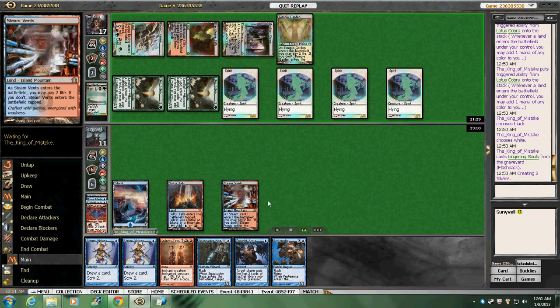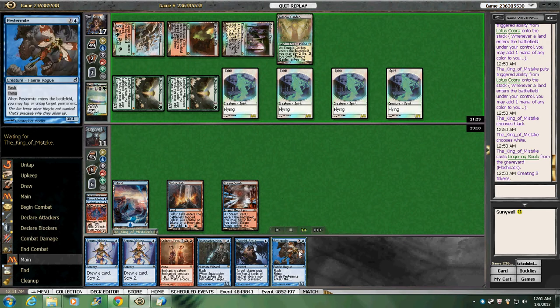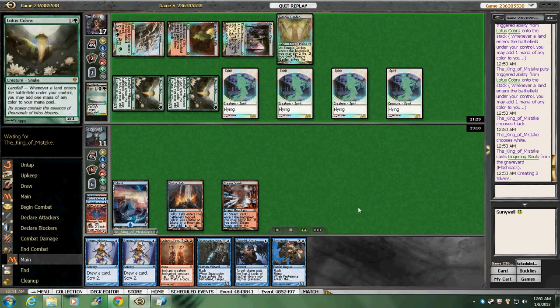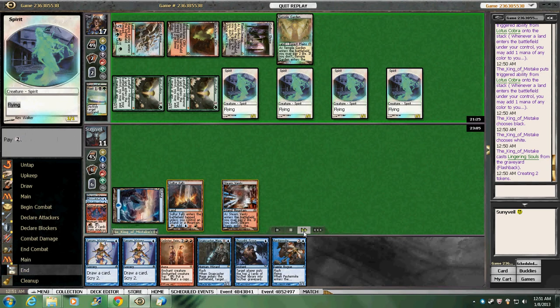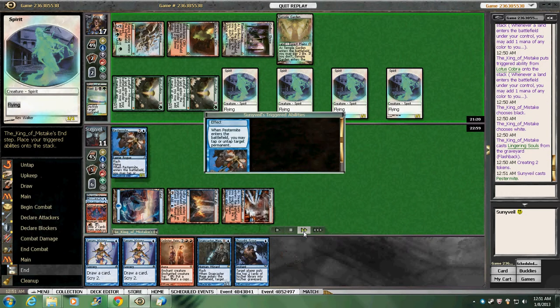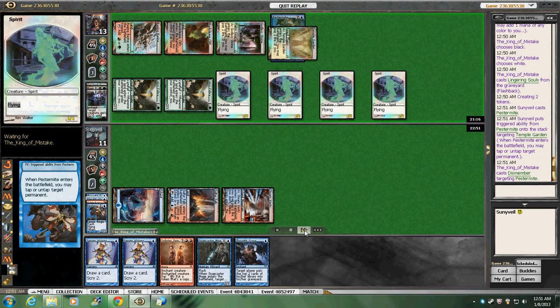I can just cast Pestermite and tap his Temple Garden, and then he's forced to use Path to Exile immediately. So it's as if at the end of his turn, I cast Rampant Growth, essentially with this Pestermite here. So that's what I'm going to go ahead and do, because if he doesn't cast Path to Exile immediately, well, he doesn't have the mana source to cast it after